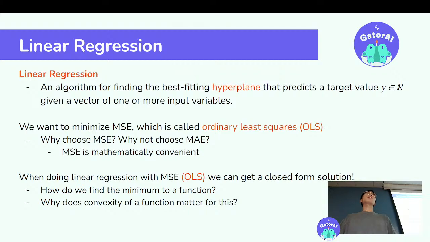Take the derivative and set it to 0? Yes, take the derivative and set it to 0. Is there anything else maybe you want to expand on that? Don't you also take the second derivative and see if it's positive, maybe? Yeah, does anybody want to add, we're getting there. Anybody else want to add on to that?